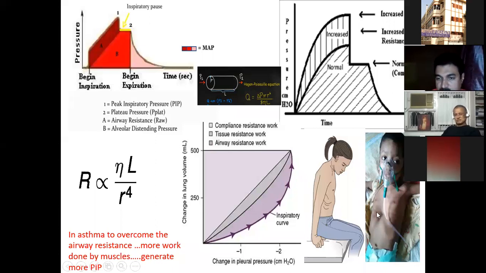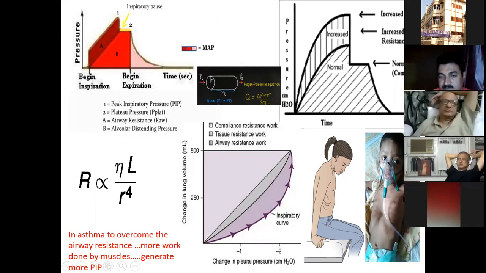So any amount of wheeze or bronchoconstriction in a neuromuscular baby, this baby suffering from SMA with an alert loop, or any baby suffering from cerebral palsy or thoracic deformity, any amount is very dangerous because this baby cannot generate sufficient delta P or peak inspiratory pressure